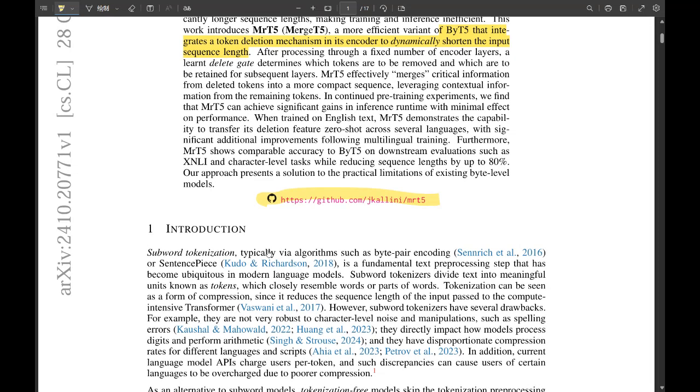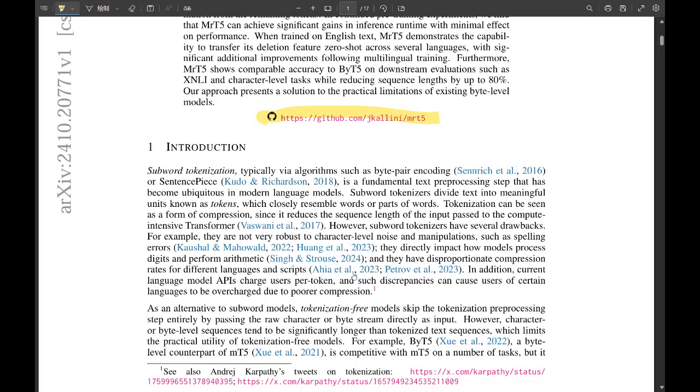Think of it like chopping vegetables for a recipe. You wouldn't chop everything the same way, right? Some ingredients need a fine dice. Others are better left in larger chunks. So subwords are like those chopped up bits of language. Exactly. But the problem is this chopping can be inconsistent and lead to some serious issues. The paper outlines three major downsides: sensitivity to errors, inconsistent compression across languages, and problems with handling numbers.